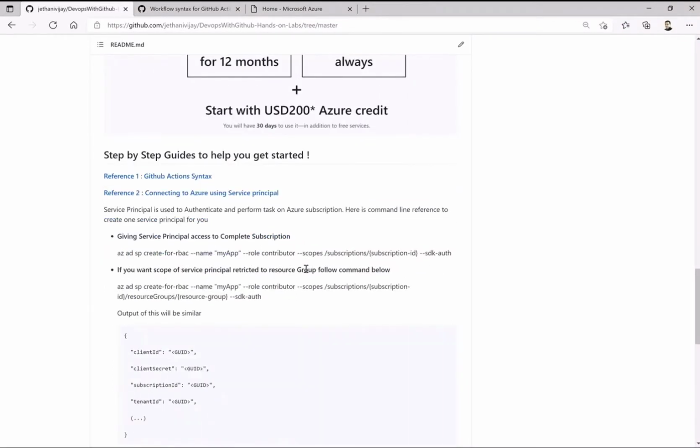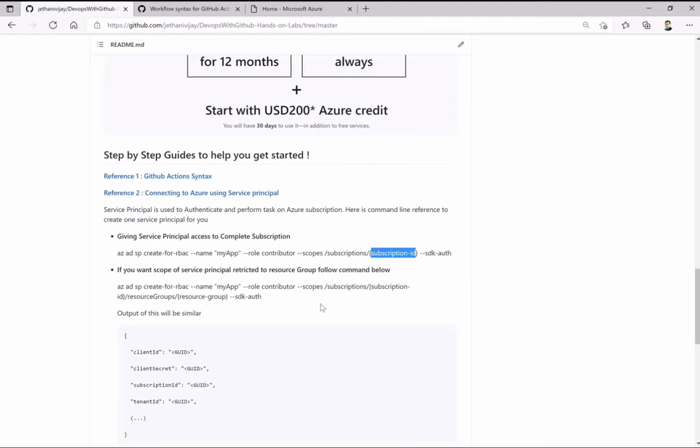Also, for you to connect to Azure, we will need an automation account, which is nothing but our service principal. For the service principal, you will go to your Azure CLI from the Cloud Shell and create a respective service principal. This authentication can be at subscription level or at resource group level. While you create this service principal, make sure you replace the bracket with your subscription ID.